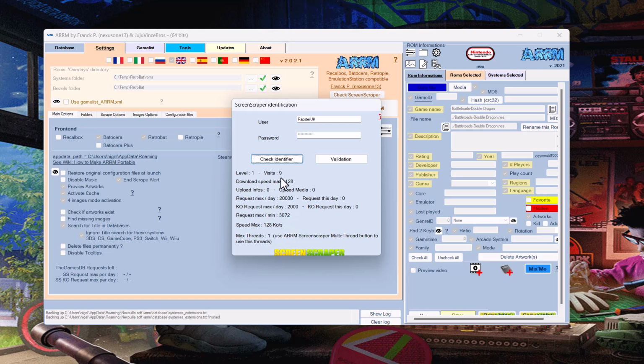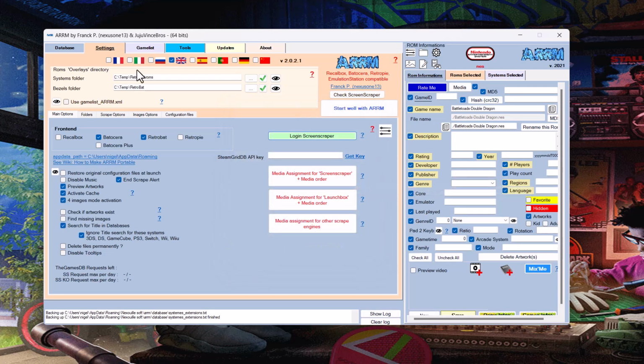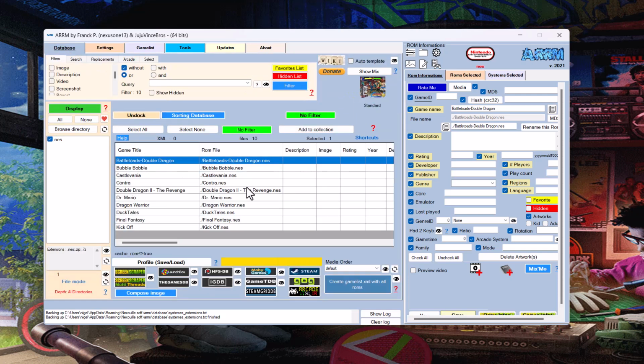So we're all good. So the download speed is limited for the free version, with a free account. Yeah, so 20,000 scrapes a day. That's what I thought. So you can go in here and check, and it will show you how many you've done. So at the moment I've done 0. So you can actually see how close you're getting to your limit. And validation just closes it. So now we are ready to scrape. Like I say, I think ScreenScraper is the only one you need the account for. I don't think you need account for these other ones. But like I say, if we now go ScreenScraper,